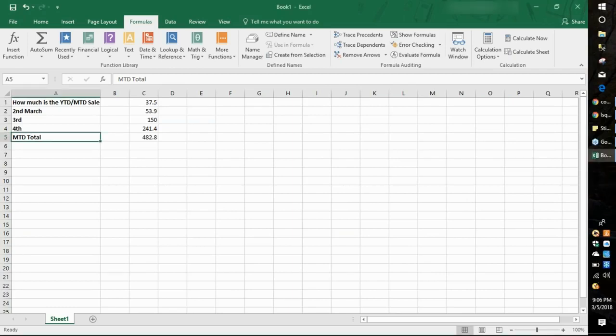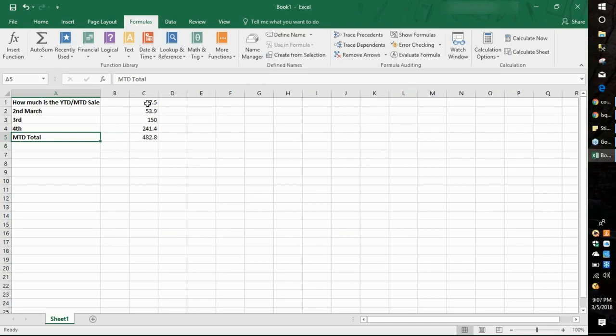Now, how much is the year to date, month to date sale? 37.5. Second March, 53.9. Third, MTD, month to date total is 482.8. So I have two questions. There's 37.5 on row 1.